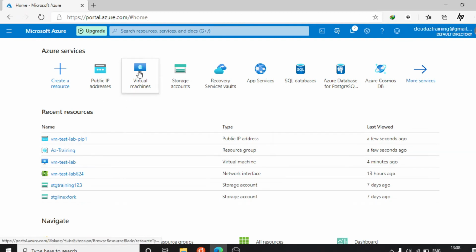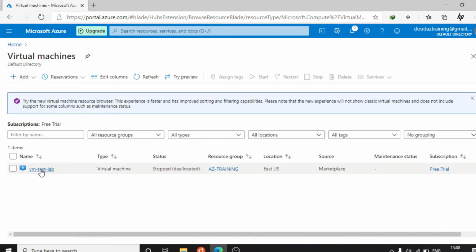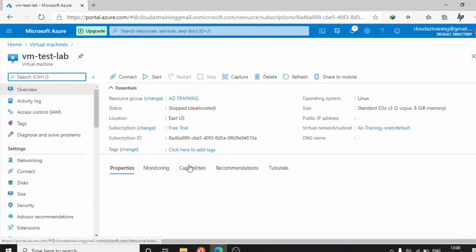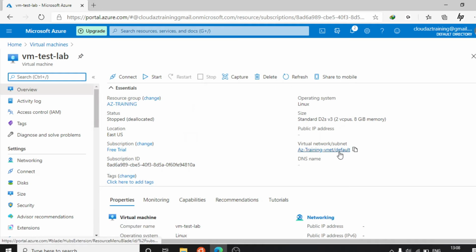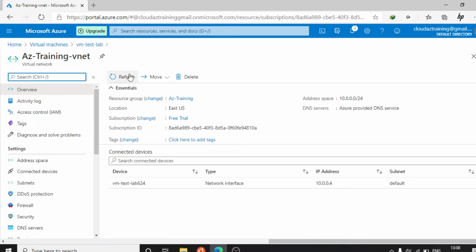So just go to that VM, click on VM, go to Azure virtual network. Either you can search here, no issue.